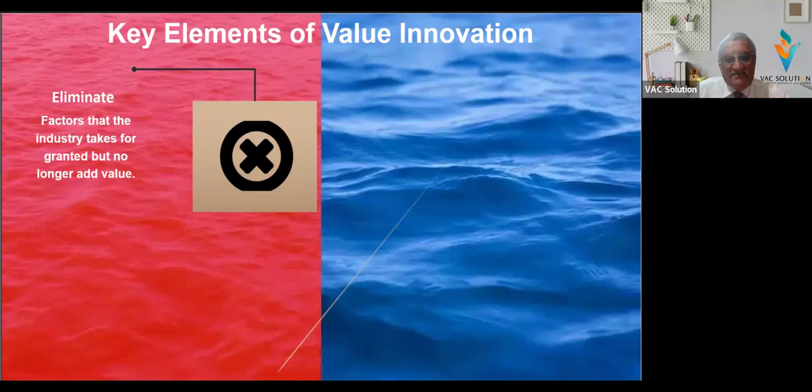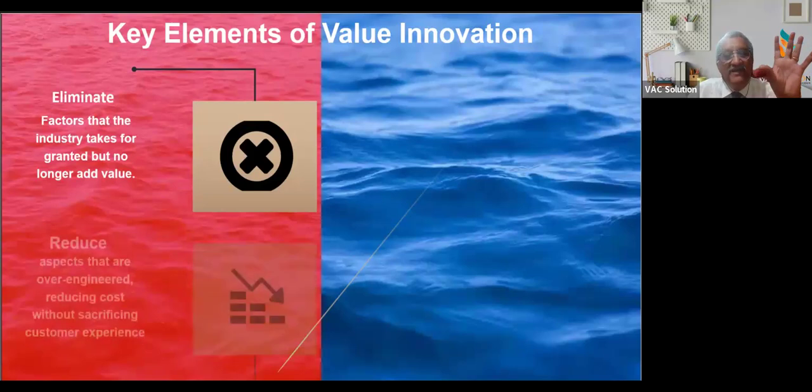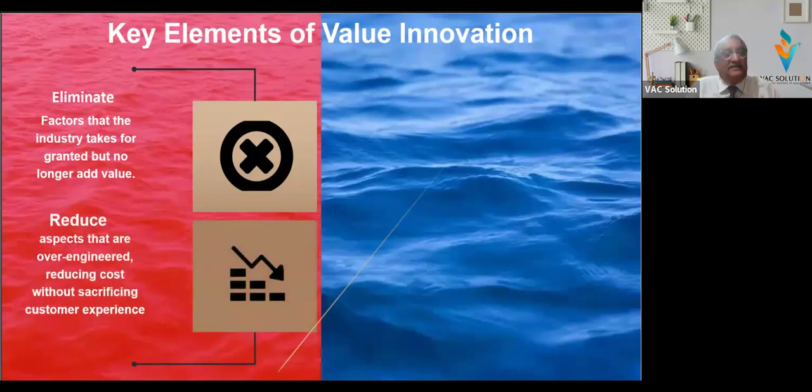Similarly, Southwest Airlines eliminated meals and the hub system. iPhone eliminated physical keyboards. IKEA eliminated salespeople and delivery. By doing all these things, they could create a very good opening. And all these were part of the dominant logic. There are four elements to value innovation. The first is eliminate. The second is reduce: reduce aspects that are over-engineered. Some aspects get a huge amount of emphasis, but they are in fact the ones pulling you back.